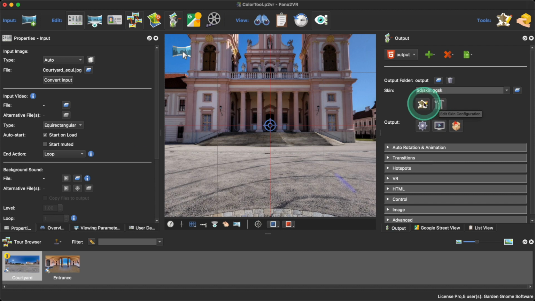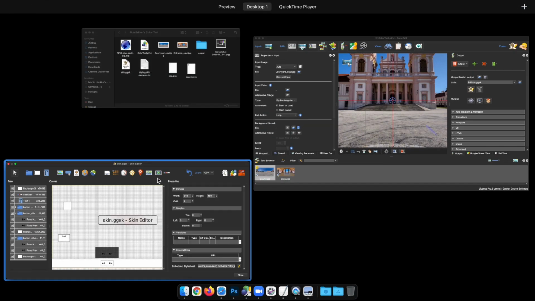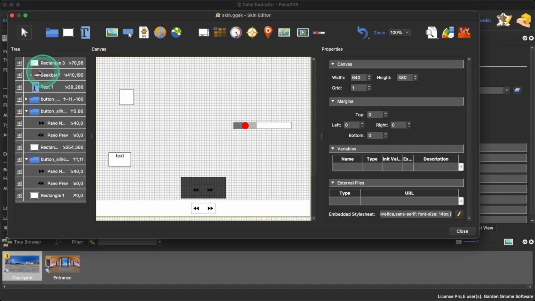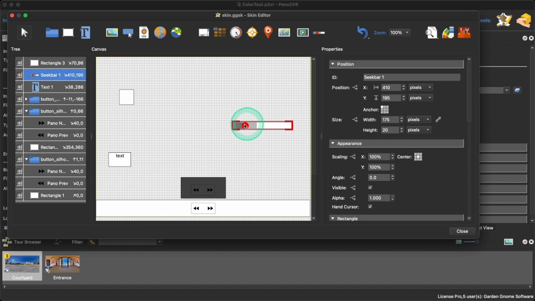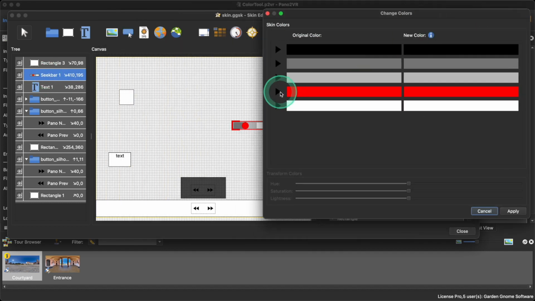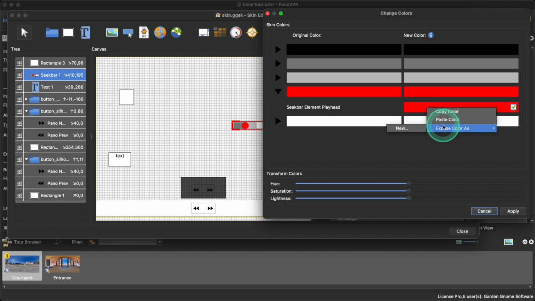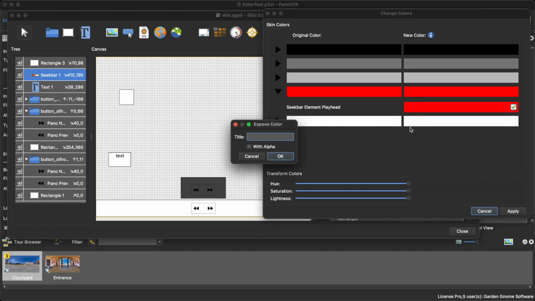All right. So if I built a skin, so this is say my skin, and I wanted to expose a colour of say the red Seek Bar's thumb in the middle. So there it is. Seek Bar playhead. What I can do is right button click, and it gives me the option to expose colour as, and I can then give it a name. So let's just call that playhead. All right. If I click OK